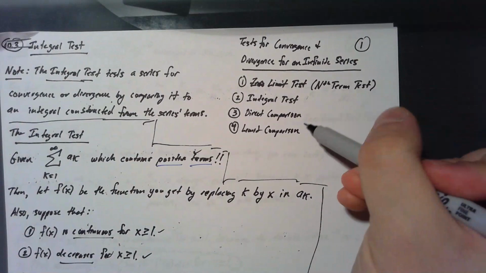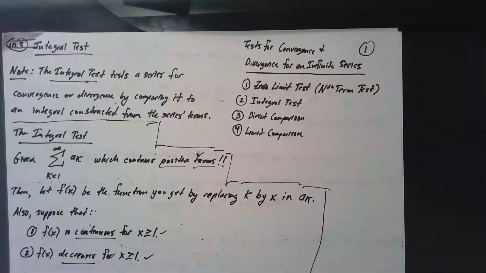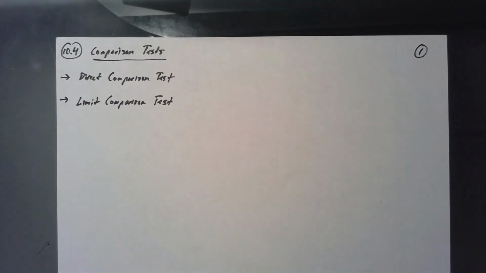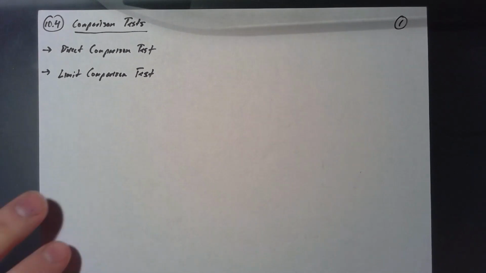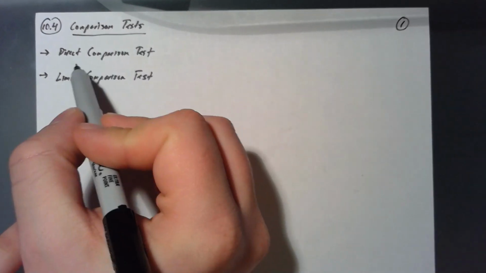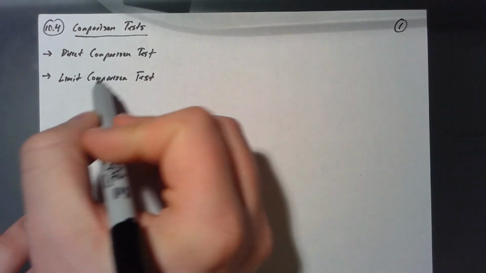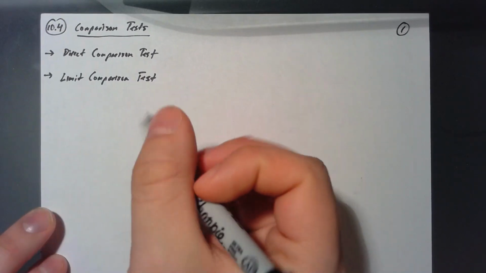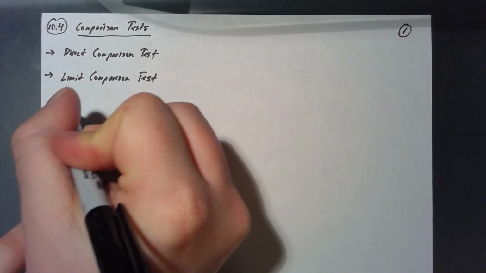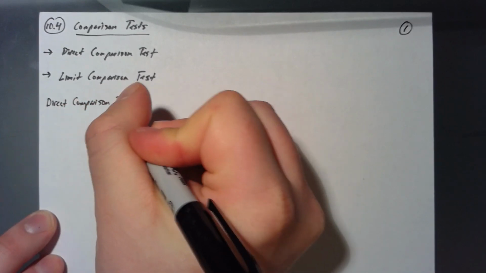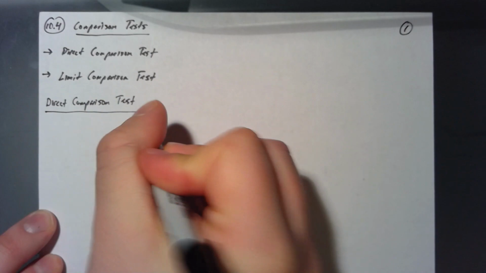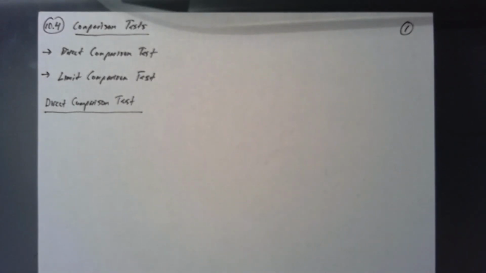So two more tests to use to determine if an infinite series converges or diverges. We're going to start talking about direct comparison first. So the comparison tests, there's direct comparison and there's limit comparison. We're going to do both, obviously, but we're going to start with direct comparison first. But before we actually get into the details of direct comparison,